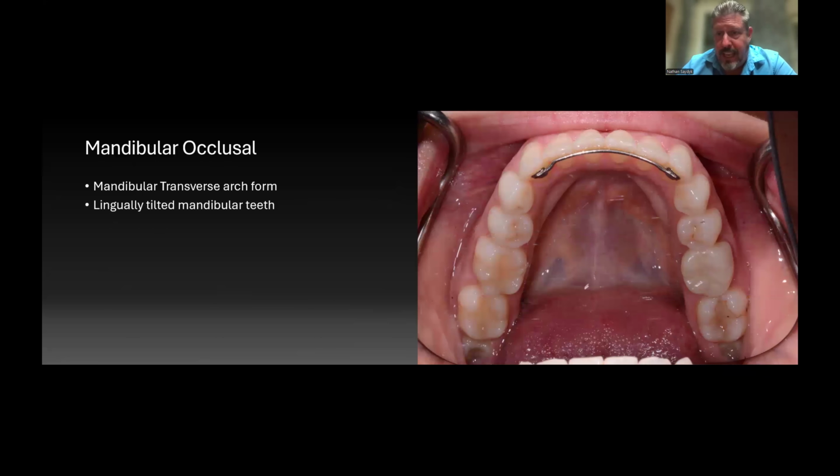Lower teeth, I'm going to look for lingually tilted lower teeth. The lower jaw tends to grow the way it's supposed to. If the upper jaw is retruded, we end up getting crossbite, right? Bilateral posterior crossbite. The lower teeth want to be in occlusion, so they will tilt in. So when I see lingually tilted lower teeth and not a nice big horseshoe jaw, I know there's potentially an